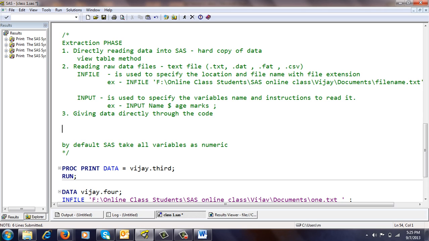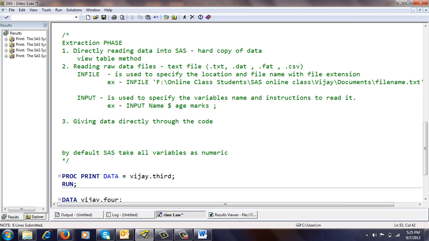You can specify the data inside the code itself. In the previous case, we were specifying the data in a text file or any raw data files. In the third case, you can specify your data in the code itself.